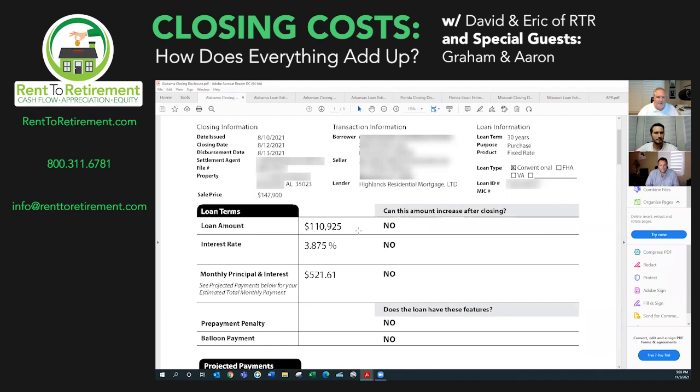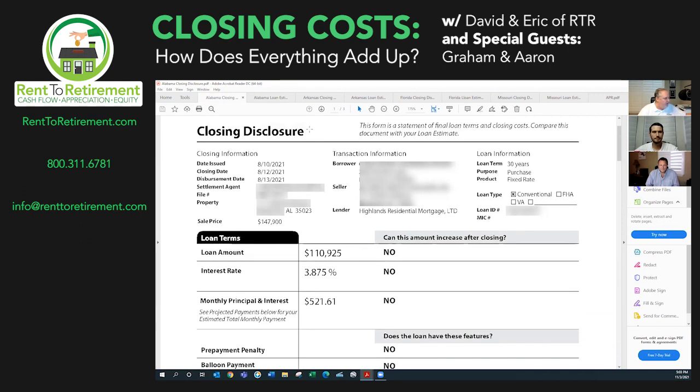But what takes place from when we send this to you, by law, that thing I mentioned to you a minute ago called TRID, the new TRID law requires you to acknowledge, you don't have to agree, but just acknowledge that you've seen this document, which is called the closing disclosure, because this is a preliminary closing disclosure. It'll be sent to you electronically.